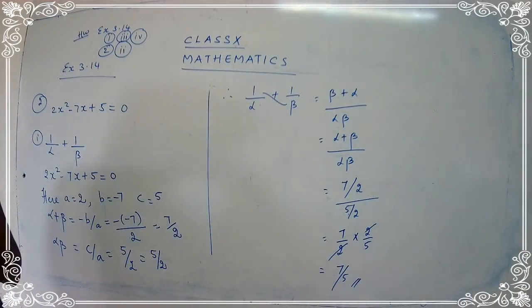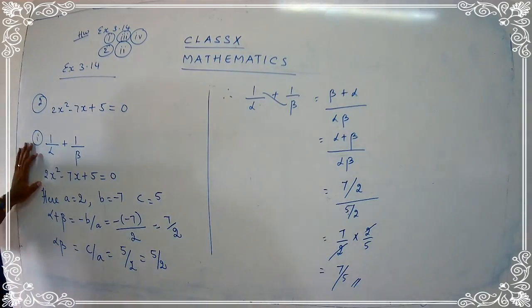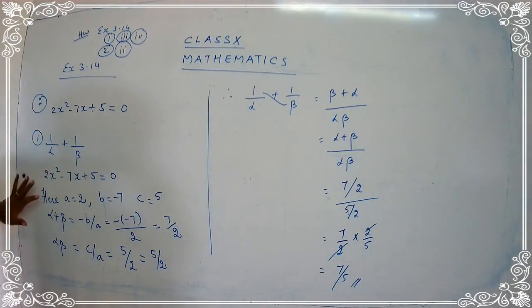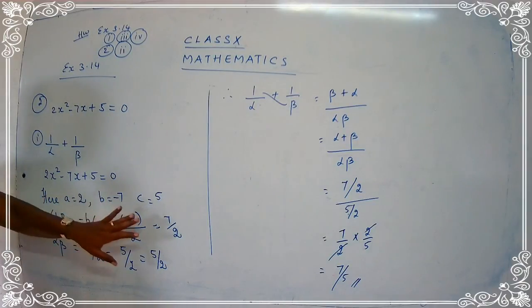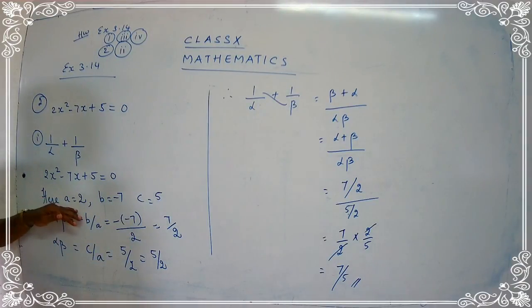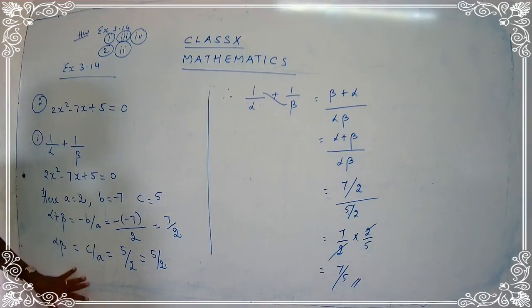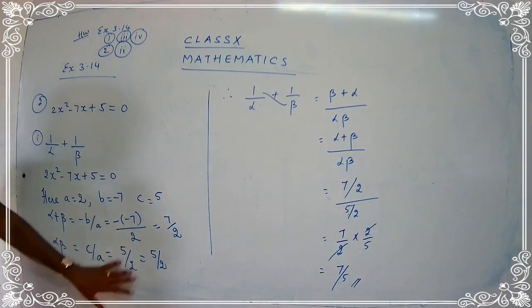Okay, I'll just repeat the statement once again. So the equation would be given to you. First thing is you have to find out the value for A, B and C. And as soon as you find the value for A, B, C, find out the value for alpha plus beta and alpha beta. You have to know the formula for alpha plus beta. It's minus B upon A. Alpha beta is C upon A. So find out the formula and substitute the value and you get the answer.